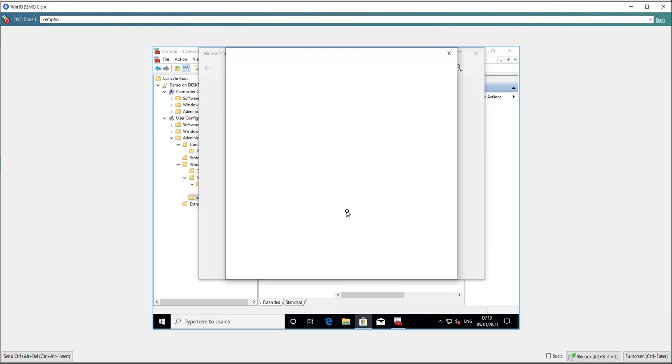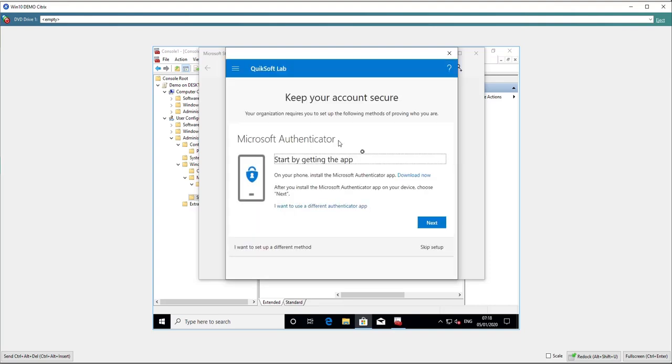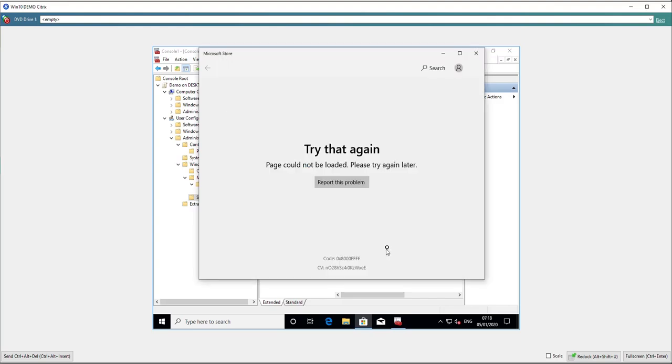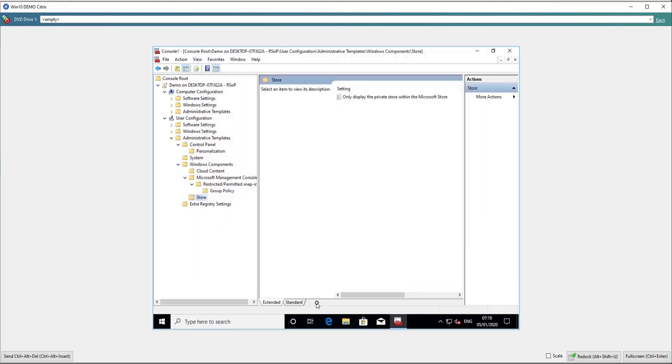That's the first time this user logs on, so it will ask me to do some additional setup. I don't want this, only for this app. And you will see I only have the Microsoft for Business Store here available. So the user cannot install things themselves, only the apps that I curated to be available in the store. So that's good. No apps there. Didn't do any configuration. That we have set in here. Yeah, you can check it, but